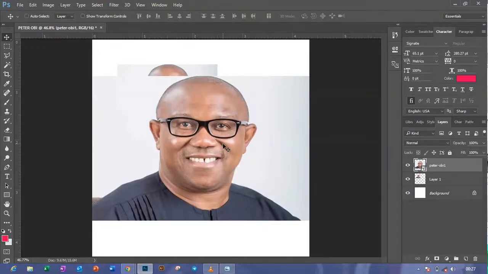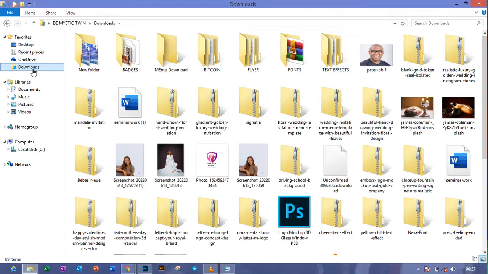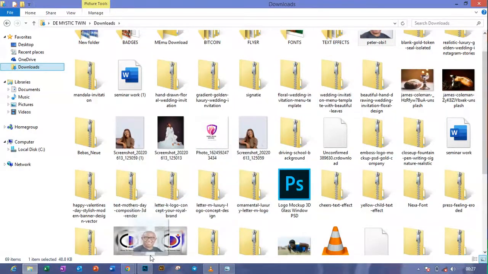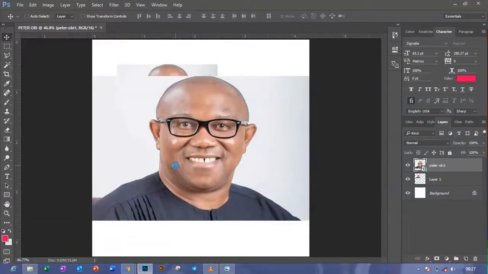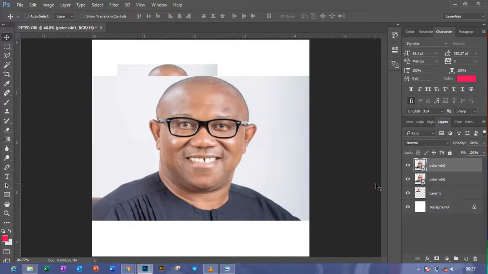Another way of doing it is to just open your file explorer and locate where you saved that file. I saved it in my downloads, and this is the file, and I will just drag it like this. Drag the image directly into my Photoshop. It will enter like that. So these are the possible ways of importing an image into your Photoshop document, so that you